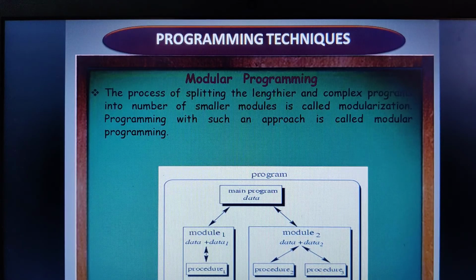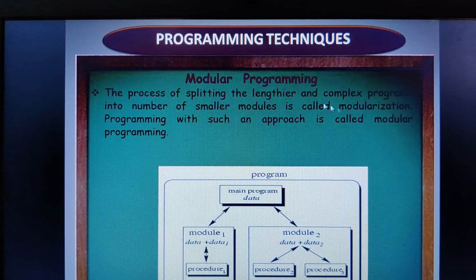Instead, you can create one general procedure known as sum, so that with the help of a procedure call, the first program can make use of that module and the second program can also make use of the same submodule. You need not write any code in your program. So different programs can make a call to the same common module and make use of it.